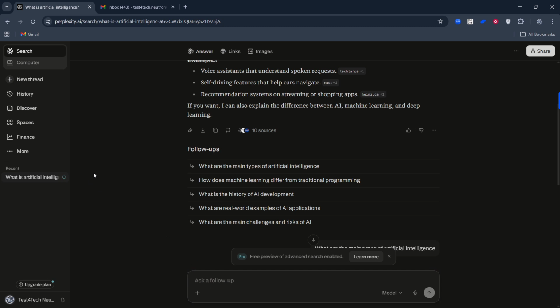If you want to dig deeper, ask follow-up questions right below the answer. Just type your next question in the same conversation thread. You can refine your query, request a simpler explanation, ask for examples, or continue exploring related angles. Because the thread keeps context, Perplexity remembers what you've already asked and builds on it, so you don't have to